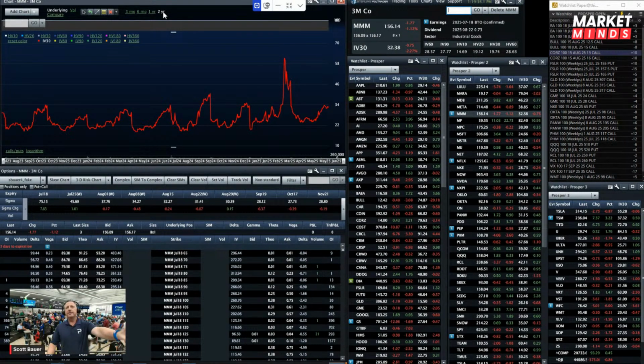So here is the implied volatility chart in MMM for 2 years. Now, in a stock like Triple M, and some of the other old time stocks, Coca-Cola, Pepsi, IBM, stocks like that, you're not going to see as significant of an adjustment in implied vols going into an earnings. So that's why these shifts aren't quite as big as what we just saw on Netflix. Nonetheless, we can still evaluate the same thing.